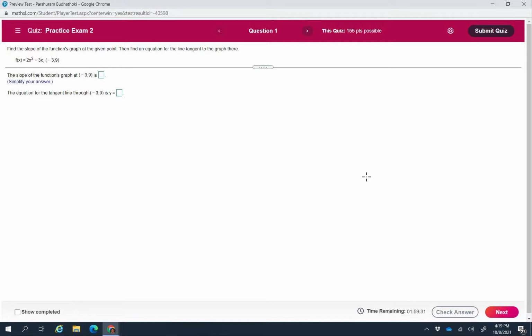So we have given a function here, f of x, and we would like to find the slope of this function at the point -3, 9. So your function could look like this, and there is a point -3, 9. At this point, if you draw a tangent line like this, then we would like to find out the slope